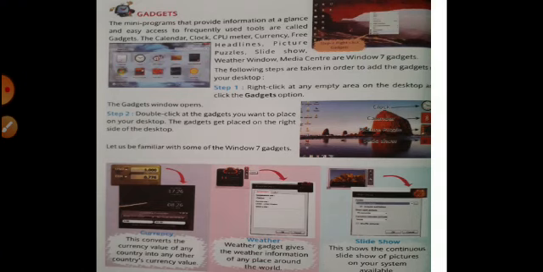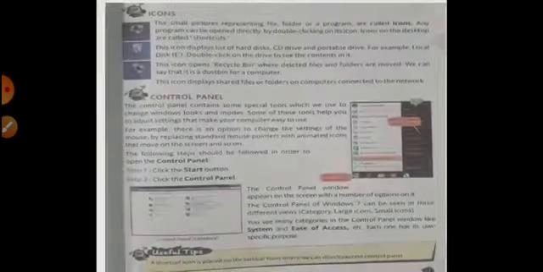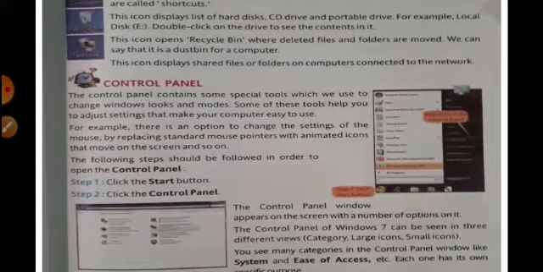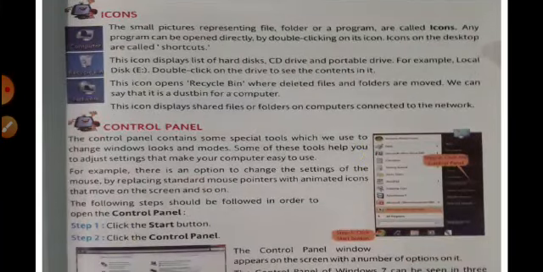This icon displays the list of hard disk, CD drive and portable drive. For example, local disk: double click on the drive to see the contents in it. So the main thing mentioned in the book is that icons present on the desktop are called shortcuts.